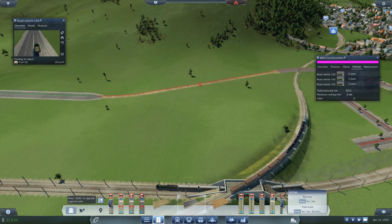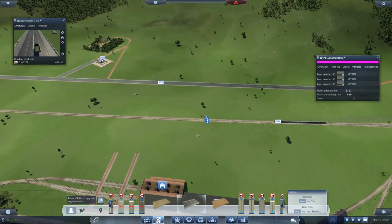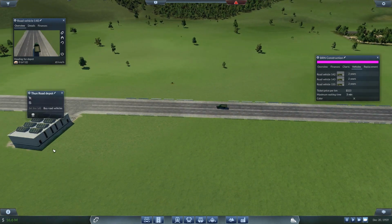No, he doesn't want to do that. Okay. All right. We'll do it later then. There we go. Nope, that's not it either. I have been busy deleting all of these depots, haven't I? Here we go. This is where we're headed. Thun Road Depot. Right, and then we want to assign you to...